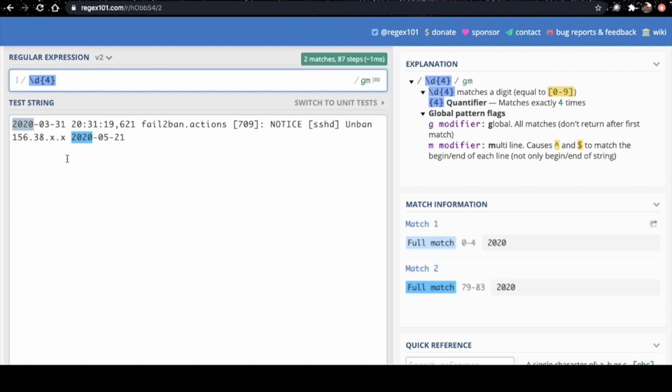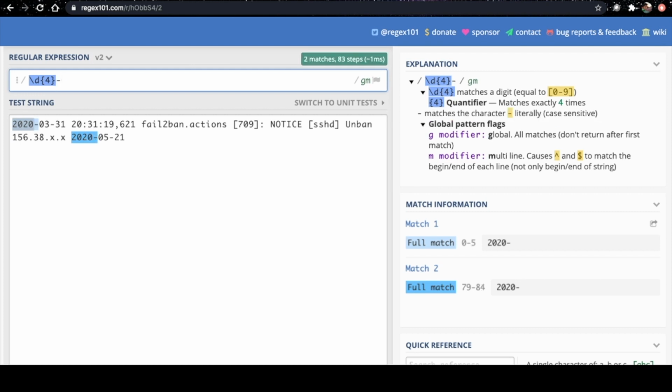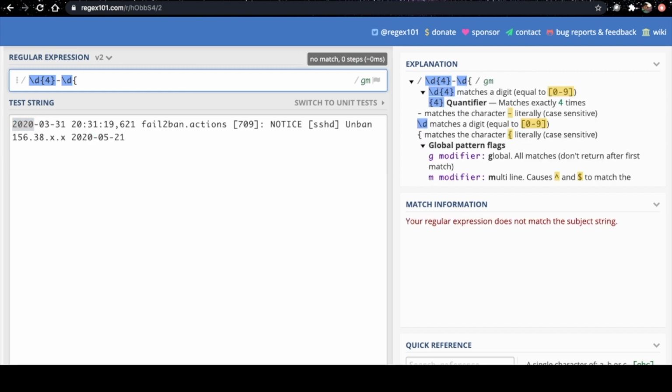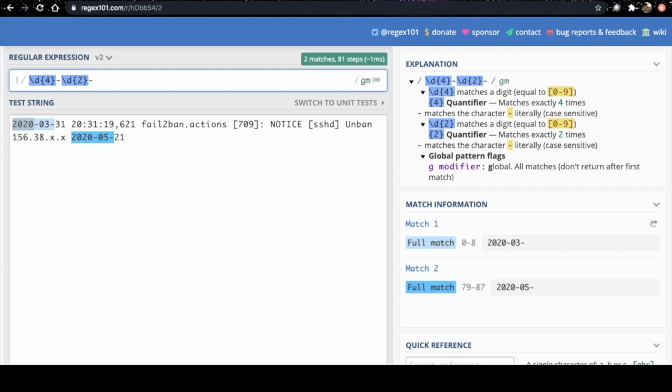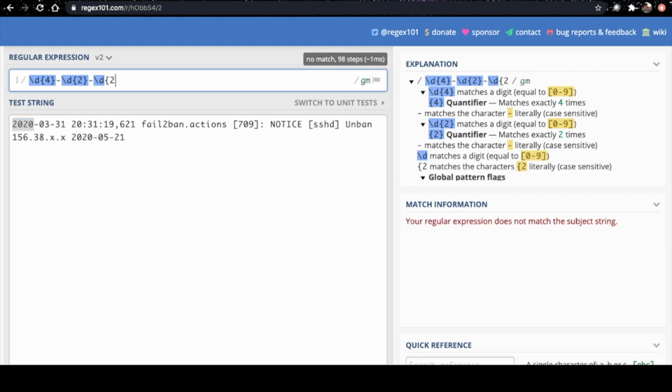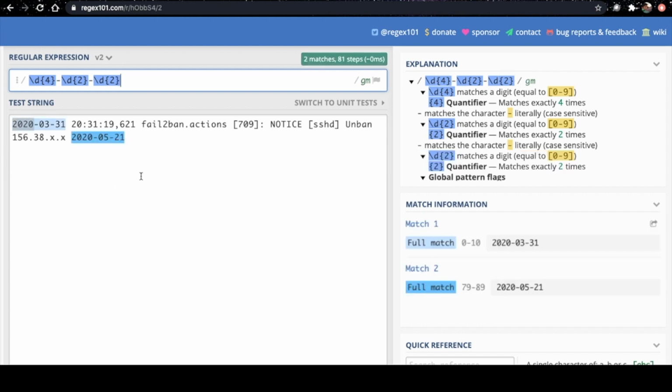You see it now, it's matching 4 characters here. And let's match hyphen. We can just type hyphen to match hyphen. And again, we have two digits. What we can do is just type slash d in curly braces. You just type 2, it matches 2 characters. And hyphen, again, we have 2 more characters. We can match these 2 characters by typing slash d in curly braces. We just type 2. So now it is matching 2 dates which are available in the event.